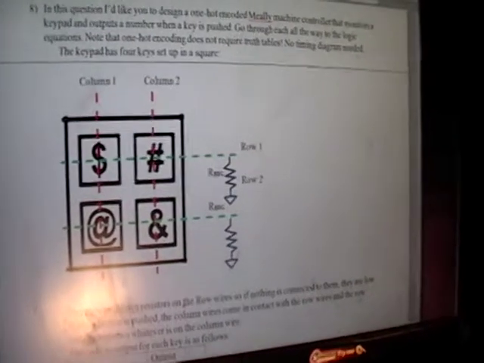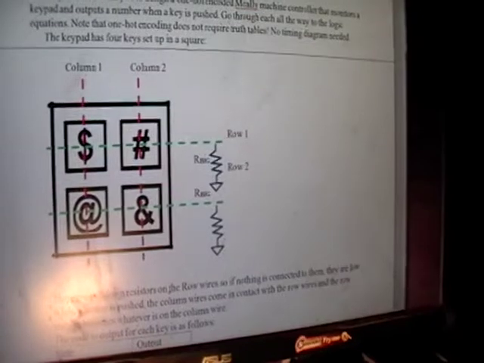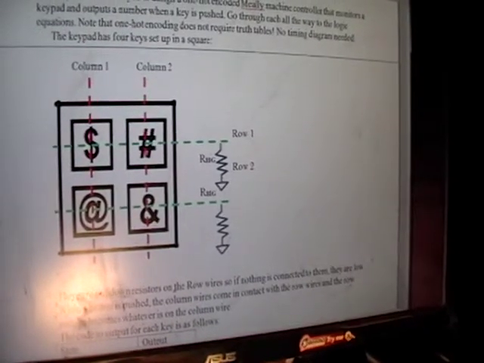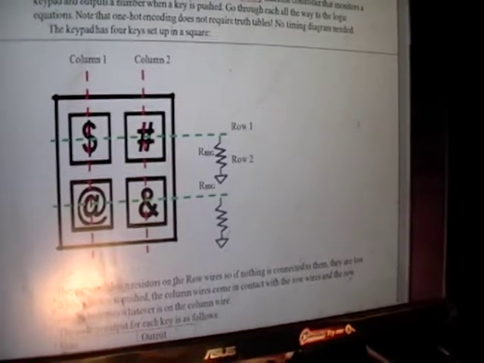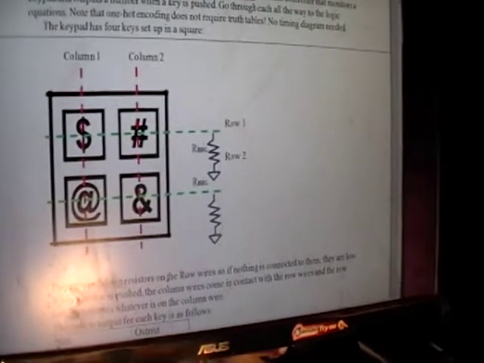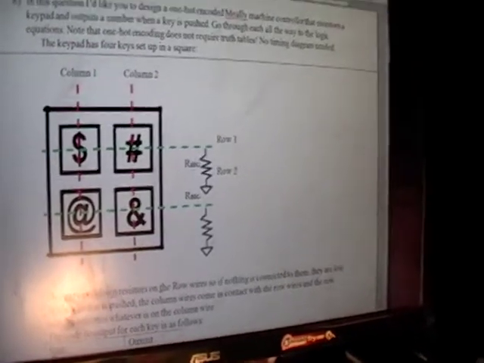So when there's nothing connected to the wire, that wire by default is ground. If a different value is put onto the wire, like physically connected to a wire that has VDD or 5 volts or whatever it might be, then that wire goes to that new voltage. So let's look at a simple